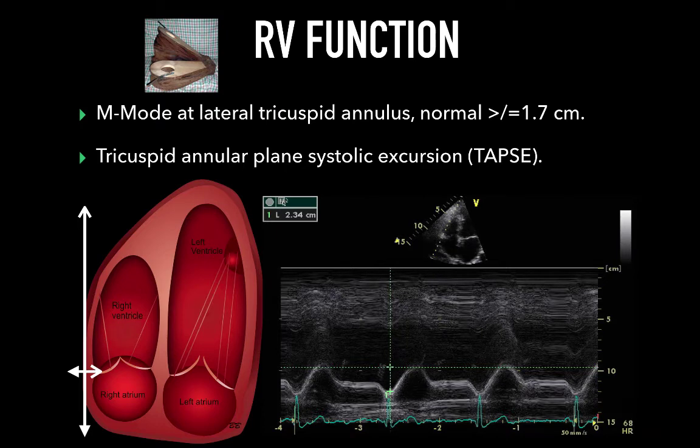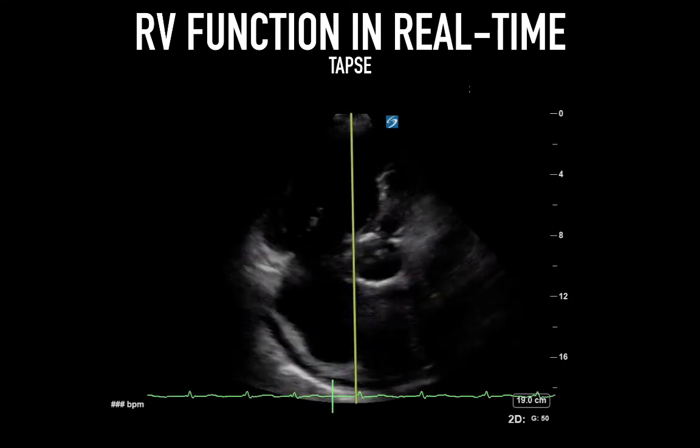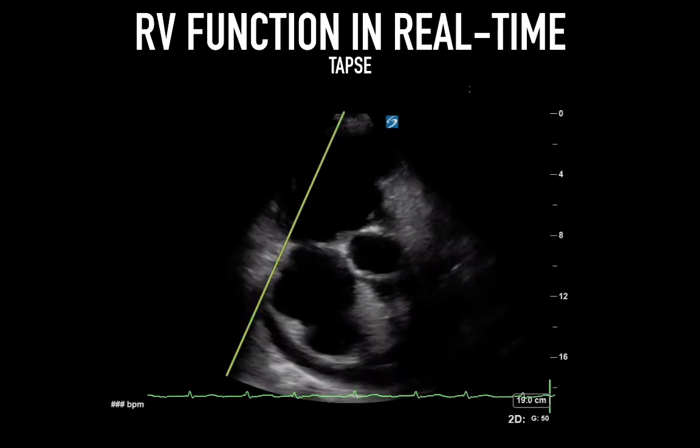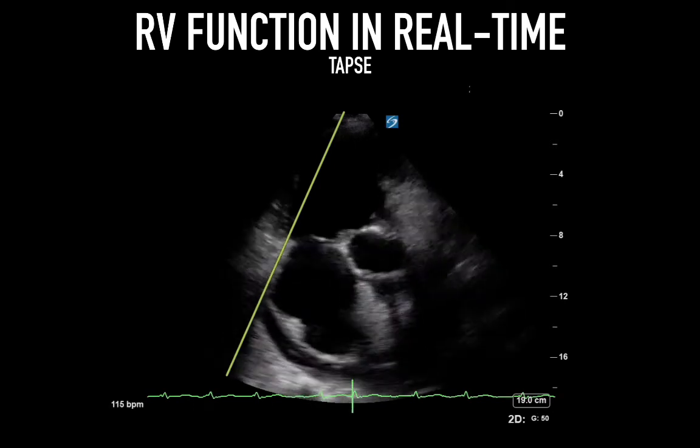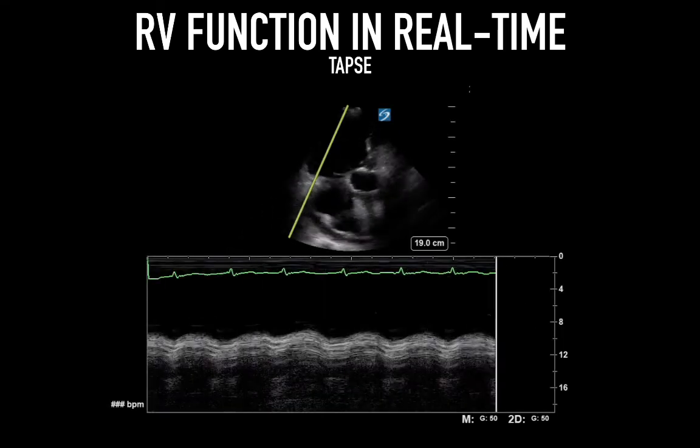The M-mode recording can be seen here at the bottom with these 2 crosshairs, which show the vertical movement. Again, consider that this M-mode recording is a time motion display, so really we're just measuring the gross vertical distance between the annulus at one point compared to the annulus at another. You can see here in this example why it's important to have crisp endocardial boundaries. The M-mode recording is placed on the lateral annulus, and we can see this vertical translation of the annulus in